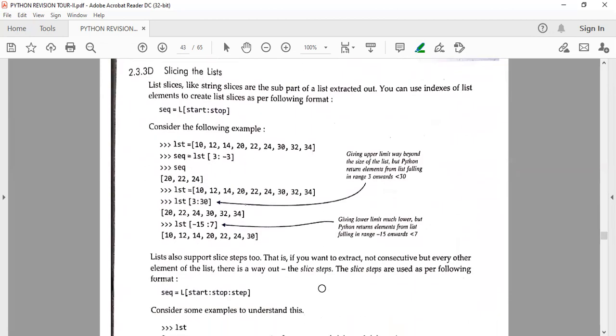After that, there is slicing the list. What do we mean by slicing the list? In slicing, we have a start value and a stop value. Firstly, we give the indexing, forward index and backward index. Firstly, I do the forward indexing. After that, they take one list, and then they write LST[3:-3]. So how can we do this? Firstly, we put the index here. Okay, I will just write it here.